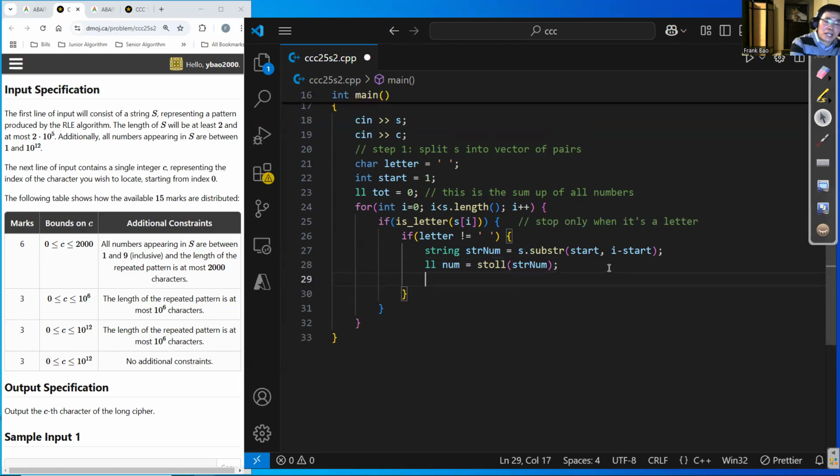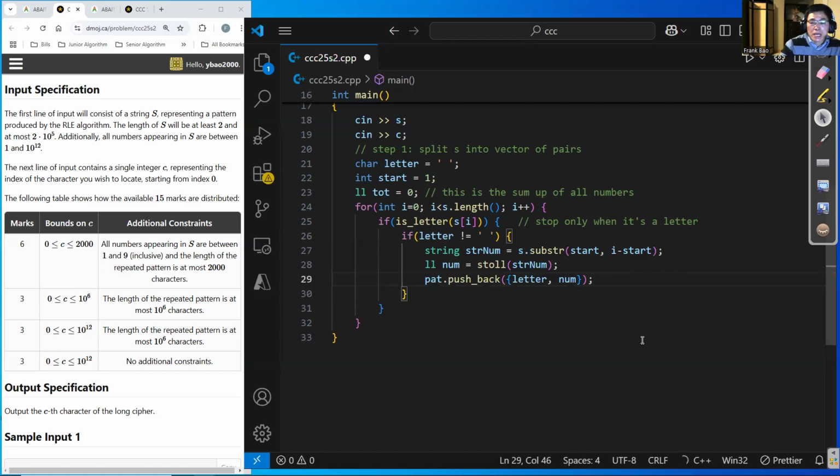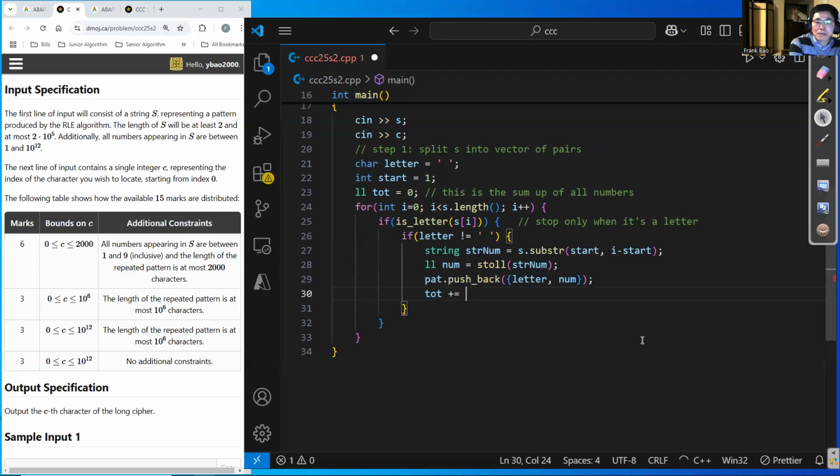And once you have this, then push back a pair, right? A pair. So the letter and num. Put them in a pair. Okay, and certainly, don't forget to sum up the number. That's it. As I said, if it's not letter,